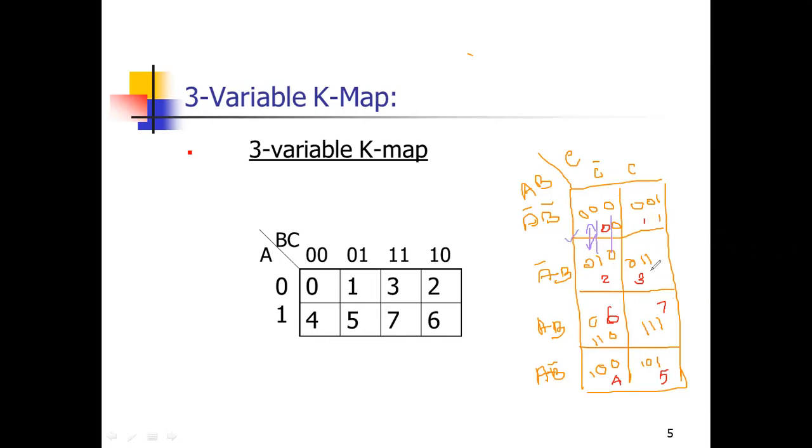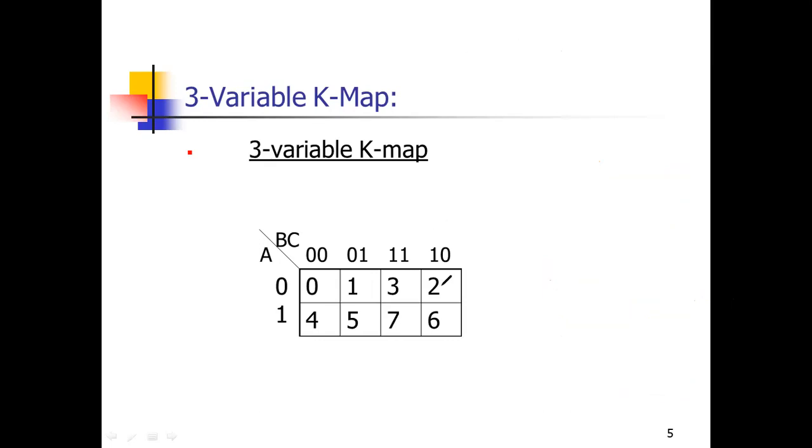Between these two cells, 0 0 no change, 0 changes to 1, 1 and 1 no change. Similarly, between these two, 0 0 no change, 0 0 no change, 0 is changed to 1. Similarly, you can verify all the individual cells. If 4 is here and 6 is here, it's a wrong method of representation. So I think you can understand what a 3 variable Karnaugh map is.